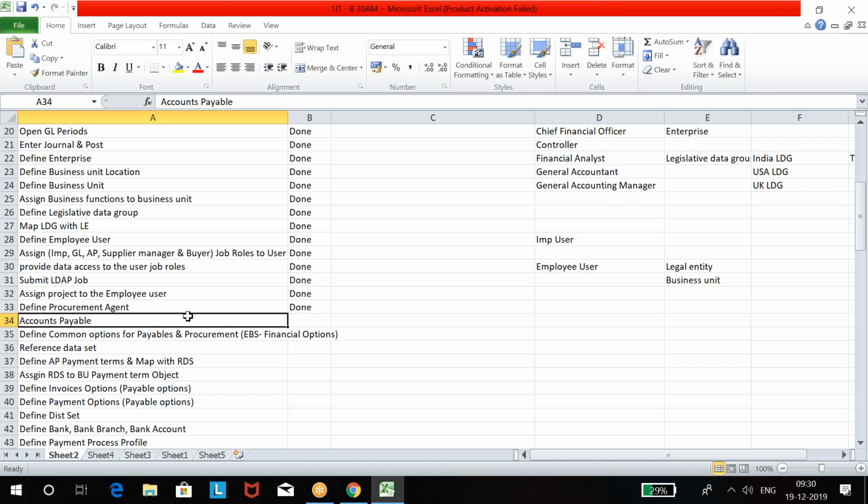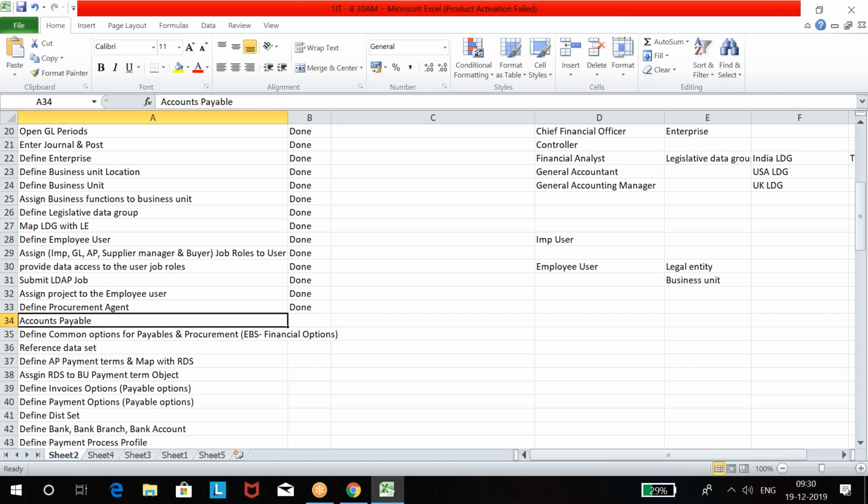So that is the reason we have created this employee user, to test business functions. Without employee user, I can do all AP, AR, every setup.